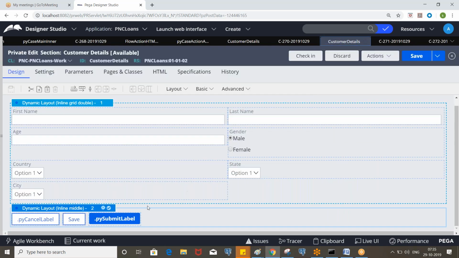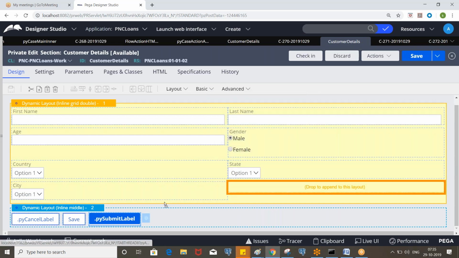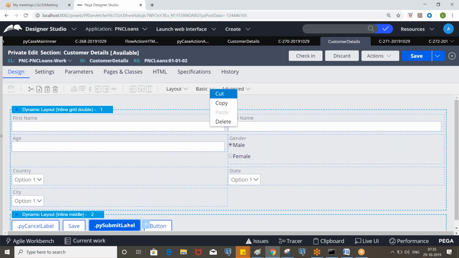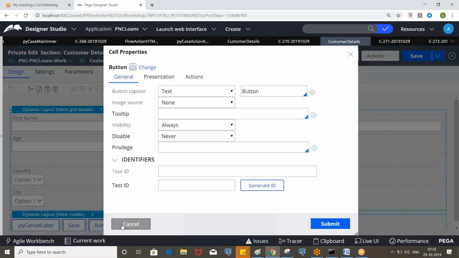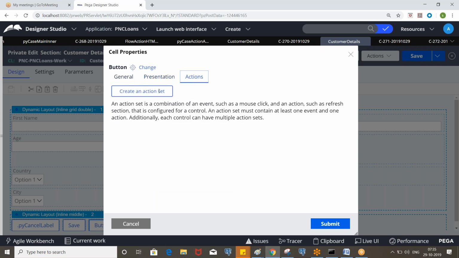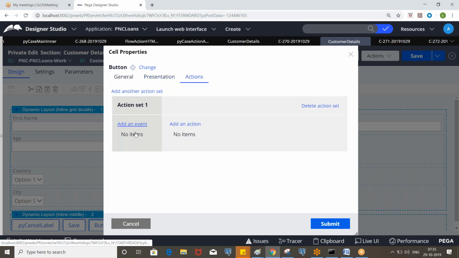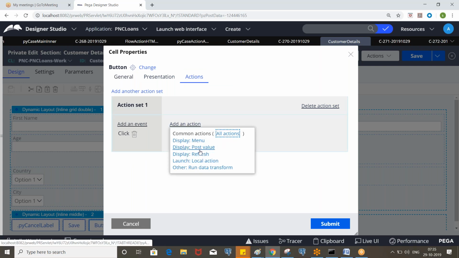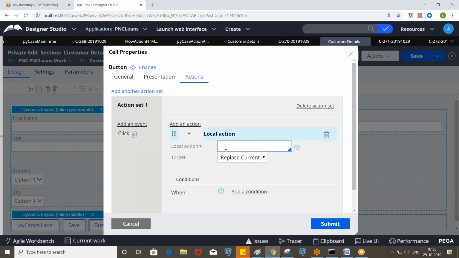Let's say you put your own button and make it strong. Let's say submit. In the presentation you can select make it strong, and on click of the button, let's say you want to call some local action, right?